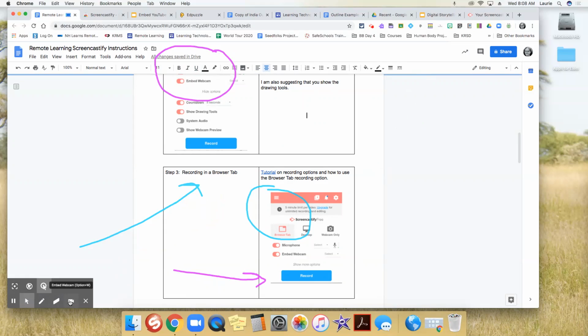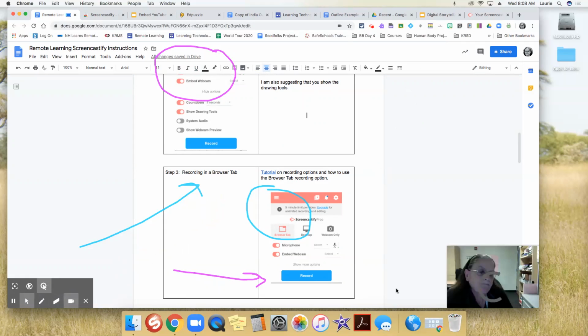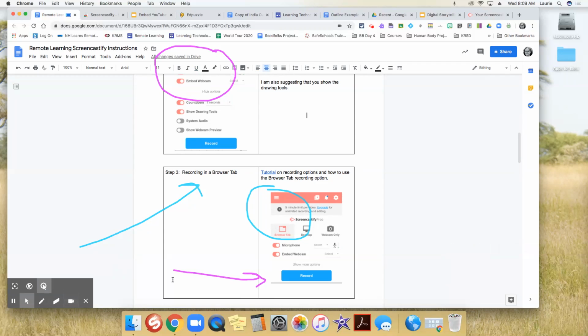This is the webcam where I can turn it on. So now in my Screencastify, in my finished video, the students are going to see me down here in the screen. So I can start with the screen and say, good morning, students. I'm going to walk you through this assignment that you're going to do today. Then I can pop out so that kids can go back to focusing on just what I'm trying to teach them.